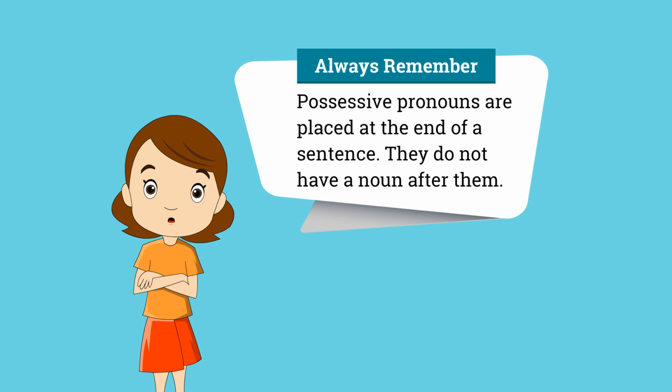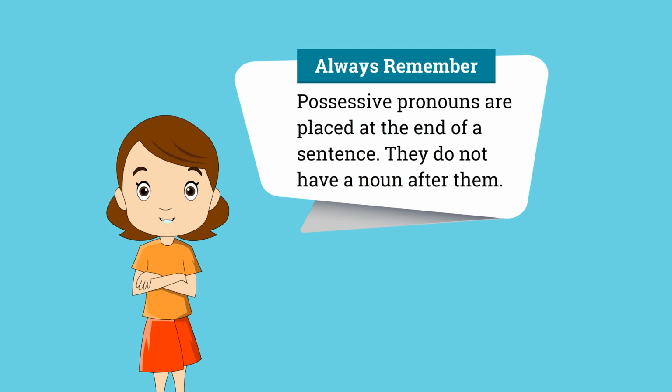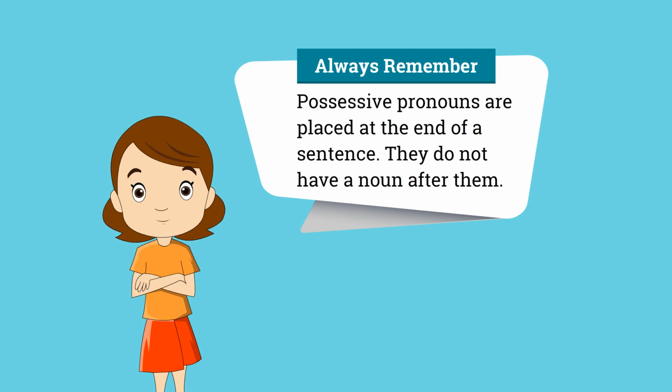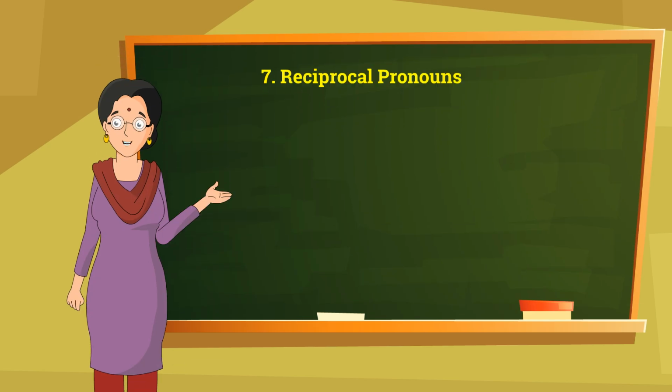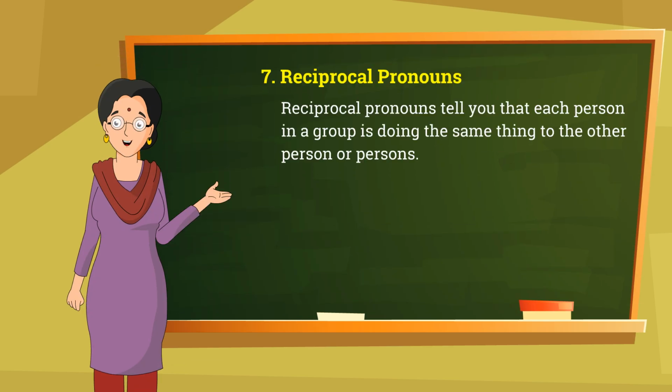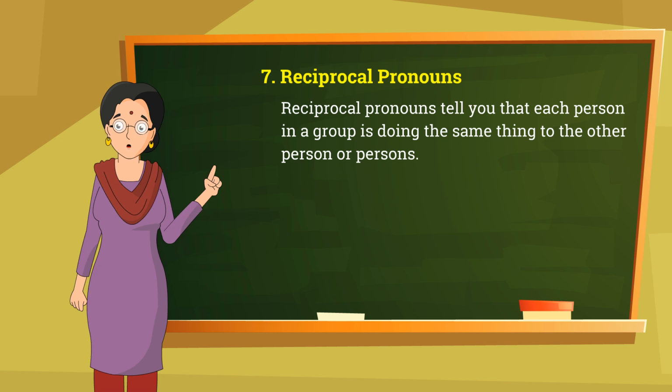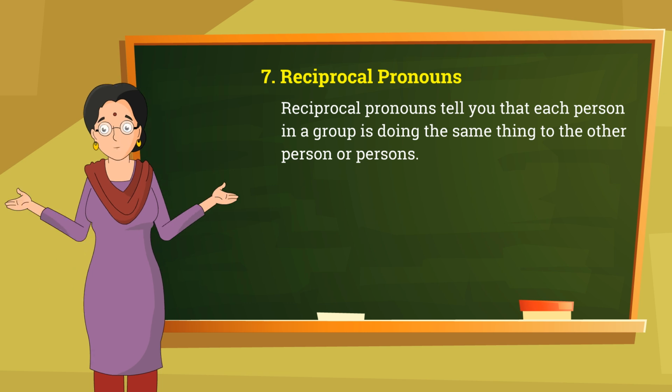Always remember, possessive pronouns are placed at the end of a sentence. They do not have a noun after them. Reciprocal pronouns. Reciprocal pronouns tell you that each person in a group is doing the same thing to the other